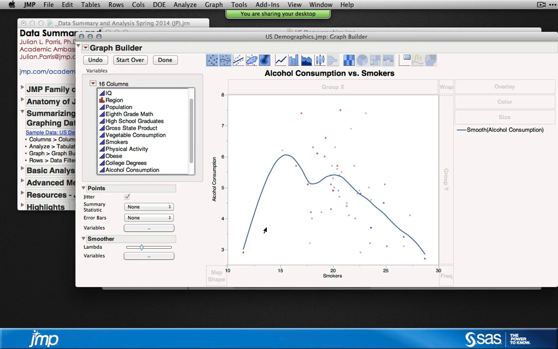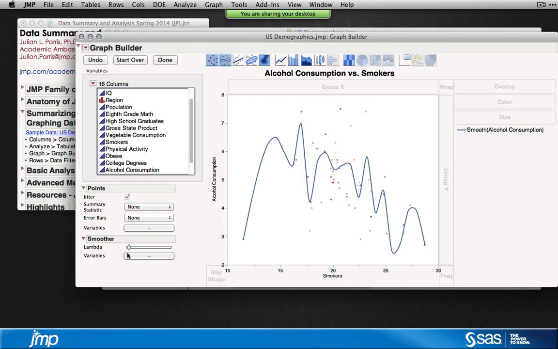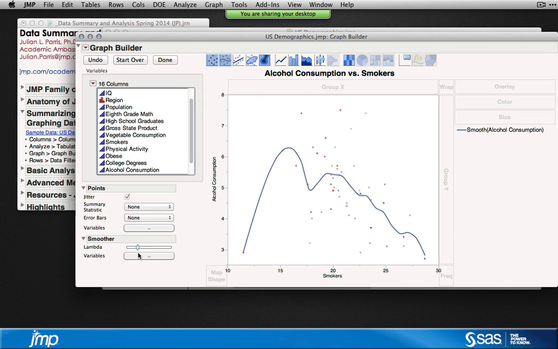Now smoother is kind of like a lowess regression, or it's a spline. It's a moving average that allows you to change really stiffness. Now to change that stiffness, under lambda here on the left-hand side, we have a little control slider. And so I can drag that slider to the left to make this moving average recalculate more quickly, or drag to the right to make the line stiffer. When I drag all the way to the right, I'm given what is essentially the linear regression of alcohol consumption